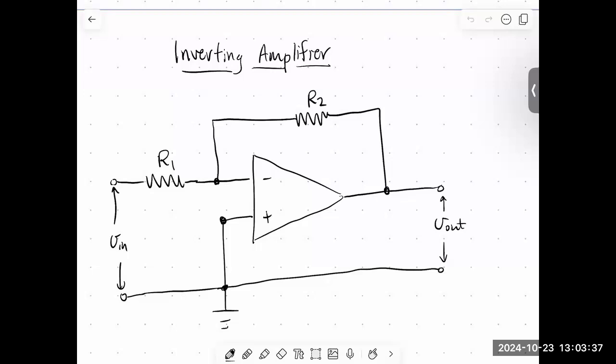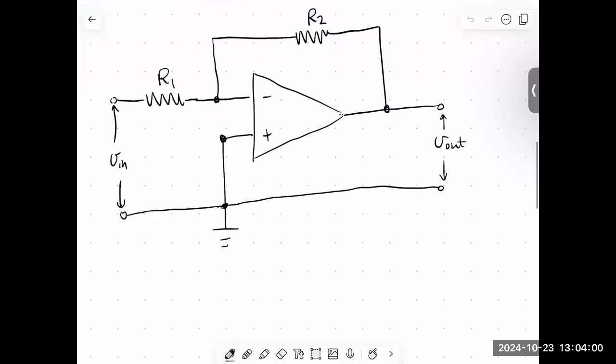The circuit that you're going to build and analyze tomorrow is this one. This is the inverting amplifier. We're going to start by analyzing the circuit. All we're going to do is faithfully apply the golden rules, and then we'll analyze the circuit using standard methods, Kirchhoff's rules and things like that. So let's start then with golden rule number 1.